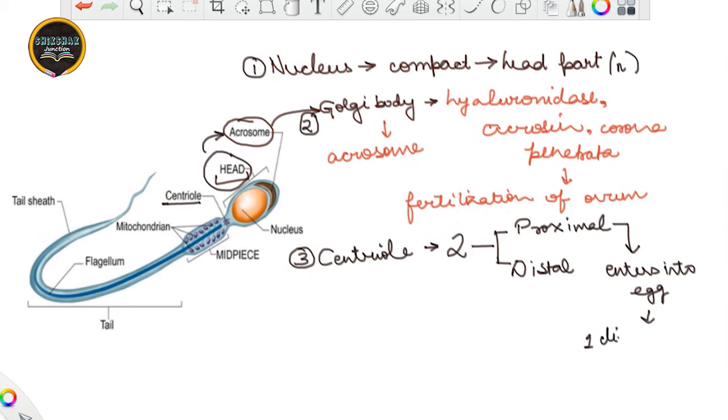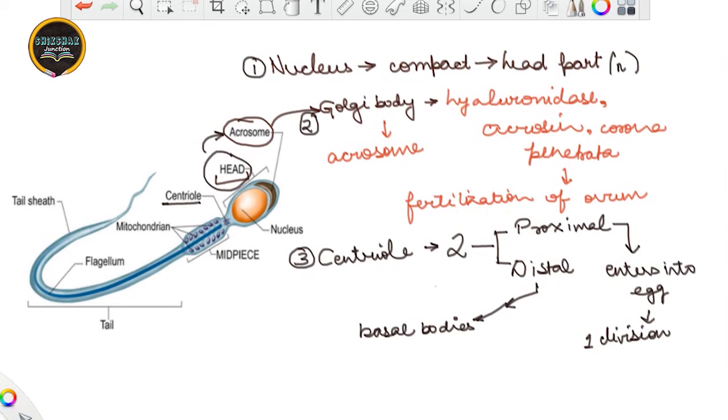I am just writing it here, first division. Okay, now why is this distal centriole important? This distal centriole changes into the basal bodies and then it leads to the attachment of the sperm tail in the axial filament. We will talk about the details in the fertilization part, but just remember, because I'll provide you with the reference of this particular thing which I have talked about.